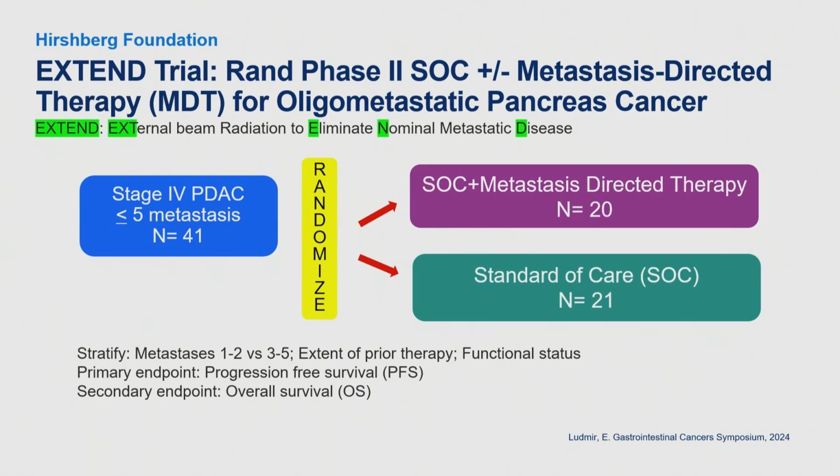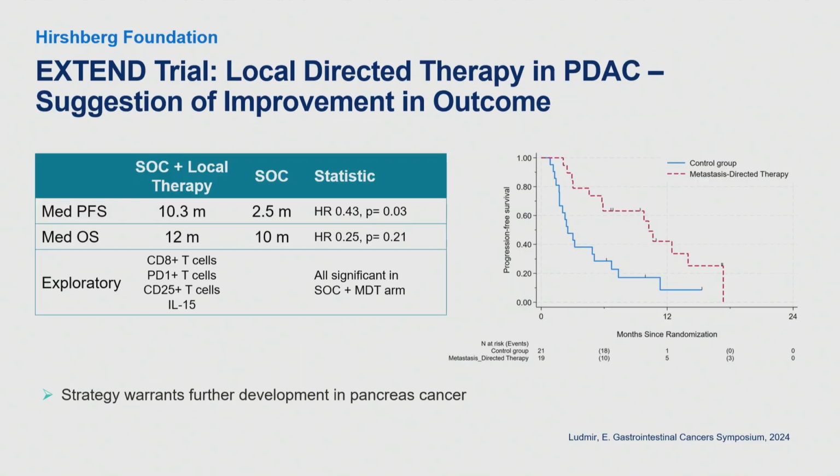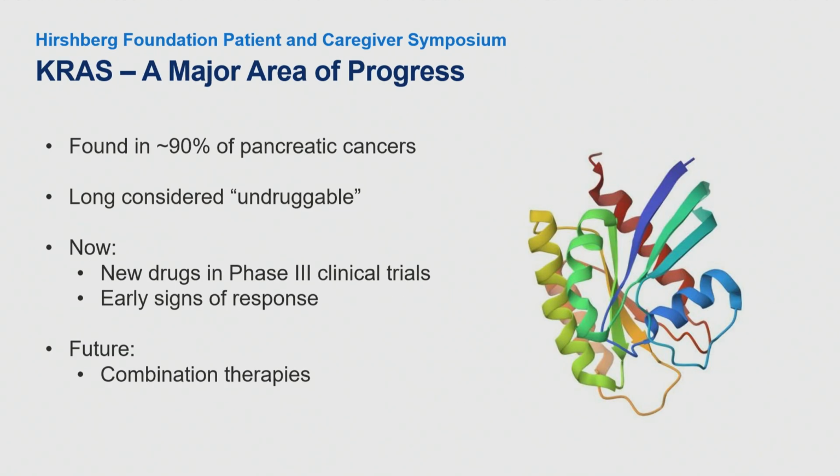This is that EXTEND trial here that I just described to you. So stage 4 pancreatic cancer patients, less than or equal to 5 metastasis. They were randomized to standard of care chemotherapy or standard of care chemotherapy plus the local therapy or the metastasis-directed therapy. And you can see on the right there, the patients in the red curve, this is their survival curve for progression-free survival, had a longer survival if they had those metastatic lesions treated too. So still to be determined, but some excitement about treating the metastatic lesions